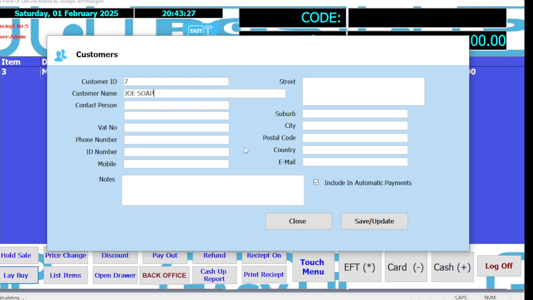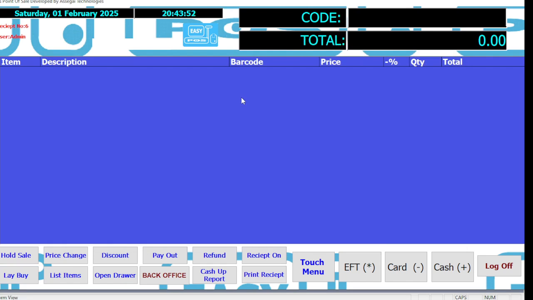You can enter all the other relevant detail, but if you have a lot of layaways or laybuys on your system, you can use the name, or you can use the mobile number to search for that specific laybuy or layaway when you want to work with it. So let's put in a cell phone number, and let's click on save and update. Once you save and update, the layaway or laybuy will be saved, and a receipt will be printed for that